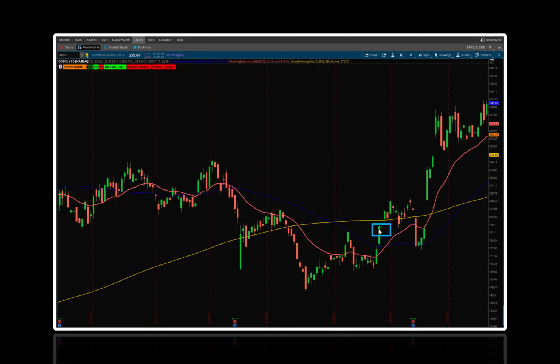Bullish candle coming off this low. Low here, higher low here. We want to see a breakout of the most recent high. That would be in this area right here. And this happens to coincide with the crossover and also the moving averages that are starting to move from being